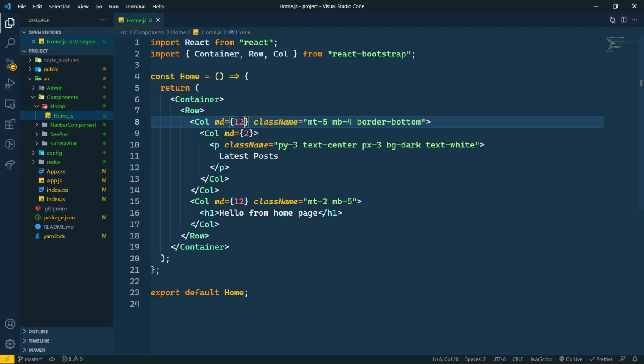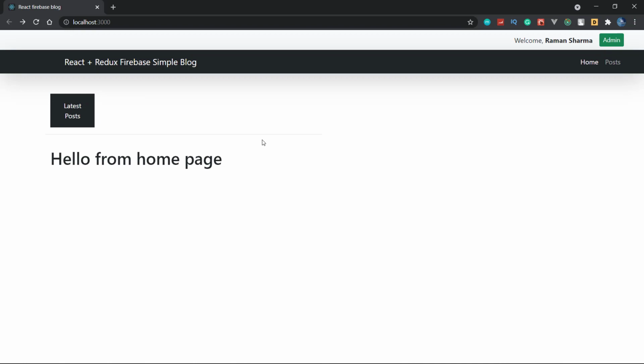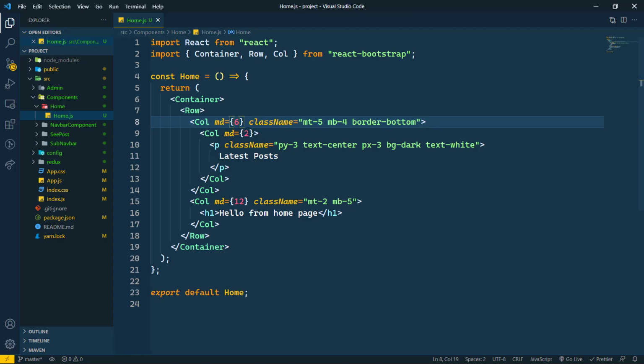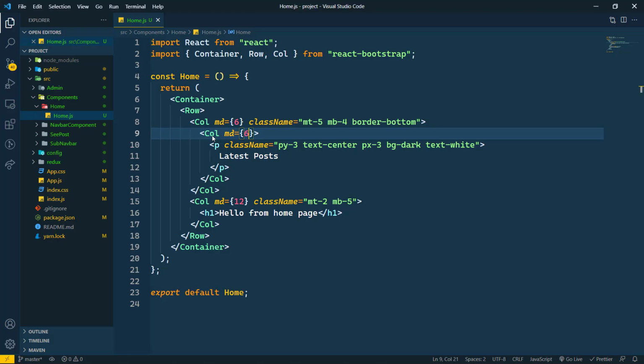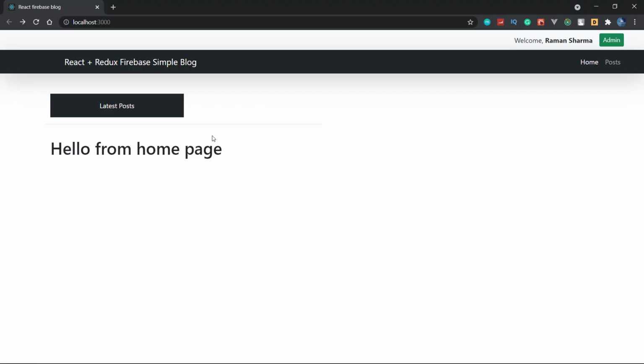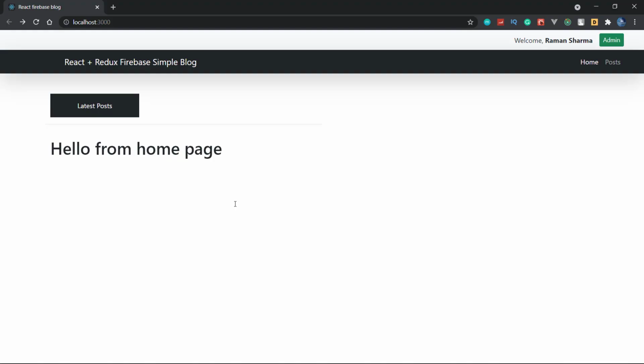and I think that we should make this col MD6 for a better view. So col MD6 will be good here. See that this col MD6 is better now, and this we can make col MD6. Col MD4 is better. Yeah, col MD4 is now looking better, and this we can also create as col MD6 here.